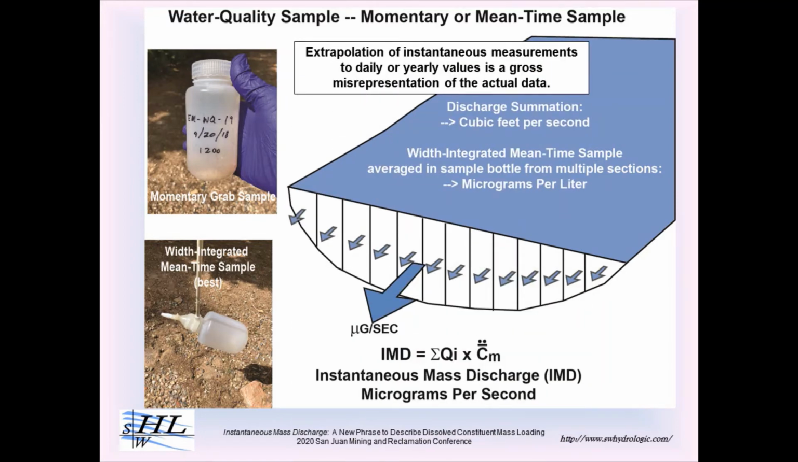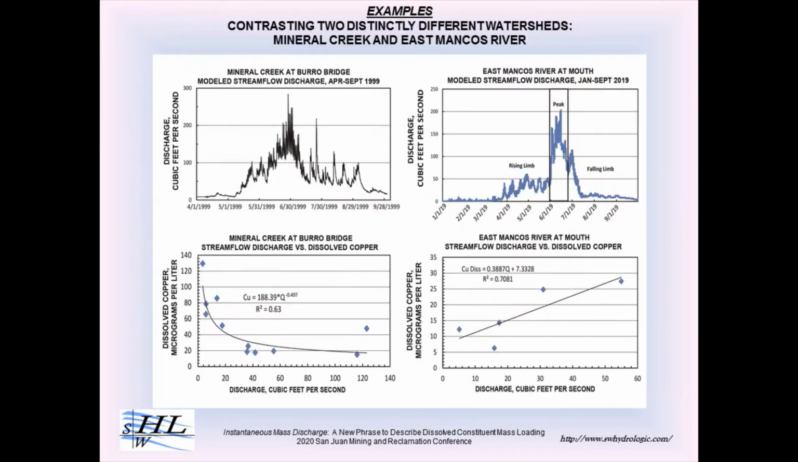Extrapolation of instantaneous measurements to daily or yearly values, in my opinion, is a gross misrepresentation of the actual data. For example, here are two distinctly different watersheds, Upper Mineral Creek and East Mancos River. Mineral Creek at Burrow Bridge, here's modeled stream flow based on a regression with M34, Mineral Creek at Silverton, for 1999. Here's the East Mancos River, modeled stream flow based on regression with the Mancos River at Mancos